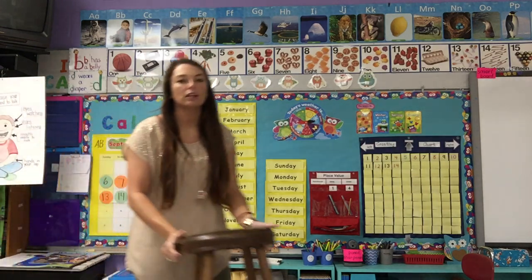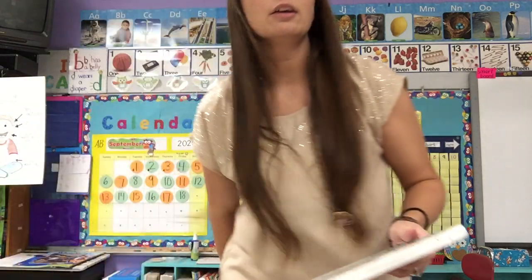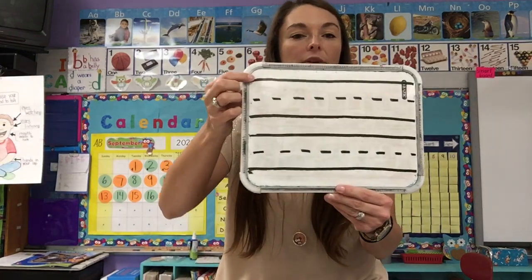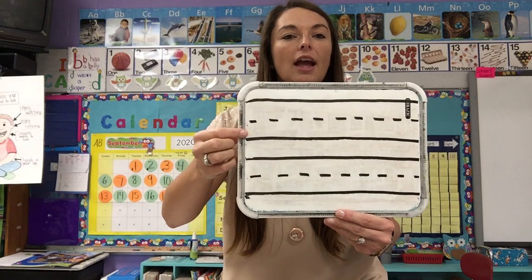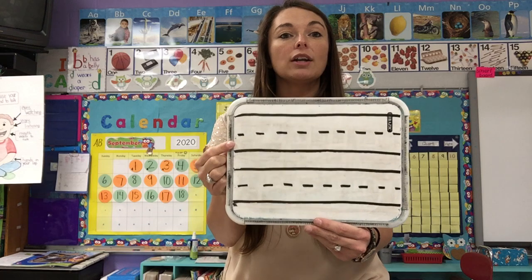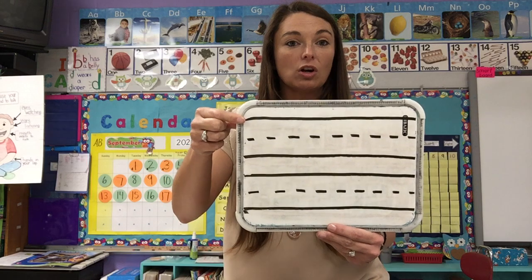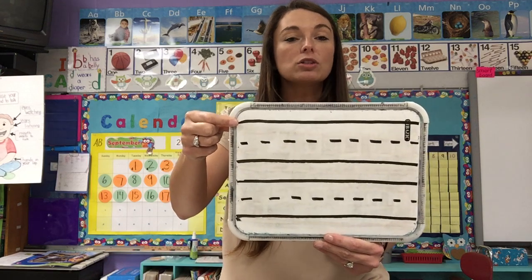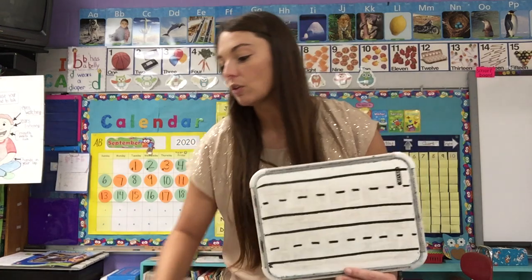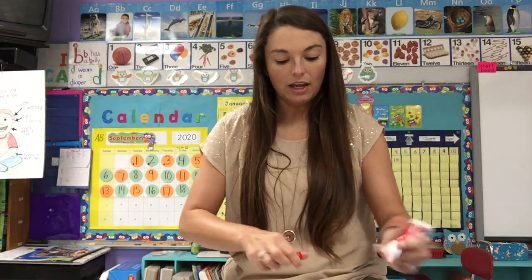I'm going to get my stool, get a little bit closer to you. Get my markers and my board right here. And when we write in kindergarten, we have a top line, a middle line, and a bottom line. And do you remember where we always start? We always start at the top of the letter. Most uppercase letters start on that top line. Most lowercase letters are going to start on the middle line. Okay? So this morning we are going to learn how to write the letters I and J.